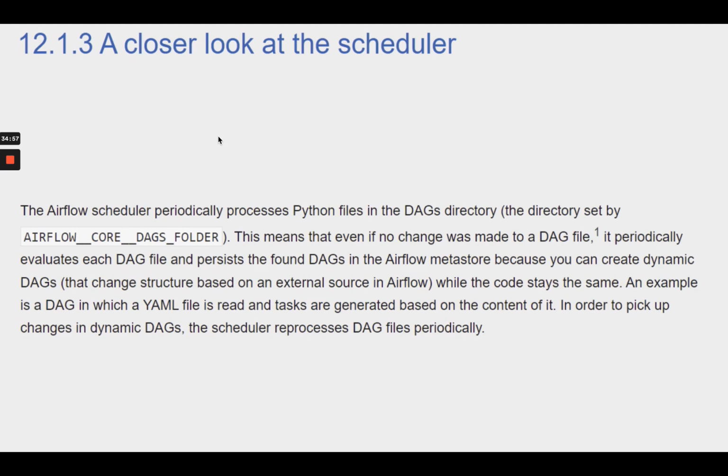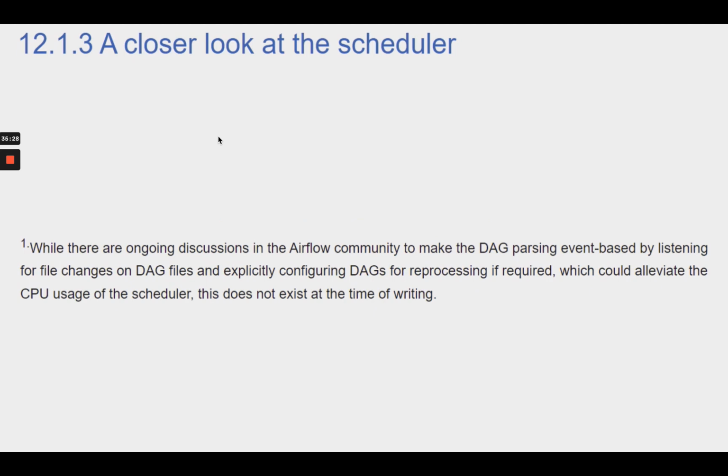AIRFLOW__CORE__DAGS_FOLDER. This means that even if no change was made to a DAG file, it periodically evaluates each DAG file and persists the found DAGs in the Airflow metastore, because you can create dynamic DAGs that change structure based on an external source in Airflow while the code stays the same. An example is a DAG in which a YAML file is read and tasks are generated based on the content of it. In order to pick up changes in dynamic DAGs, the scheduler reprocesses DAG files periodically. Footnote 1. While there are ongoing discussions in the Airflow community to make the DAG parsing event-based by listening for